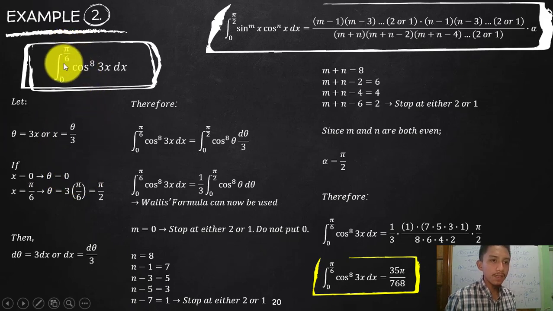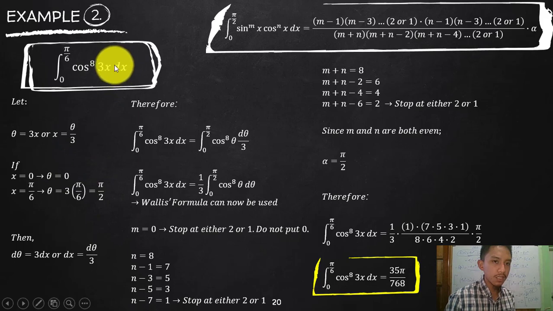Now your old upper limit, or original, is pi over 6. Substitute that, pi over 6, and you will end up here. 3 times pi over 6 will end up as pi over 2. Okay, so this is your new lower limit and new upper limit. So substitute that now. But of course, we need to consider your dx, since I do not have yet